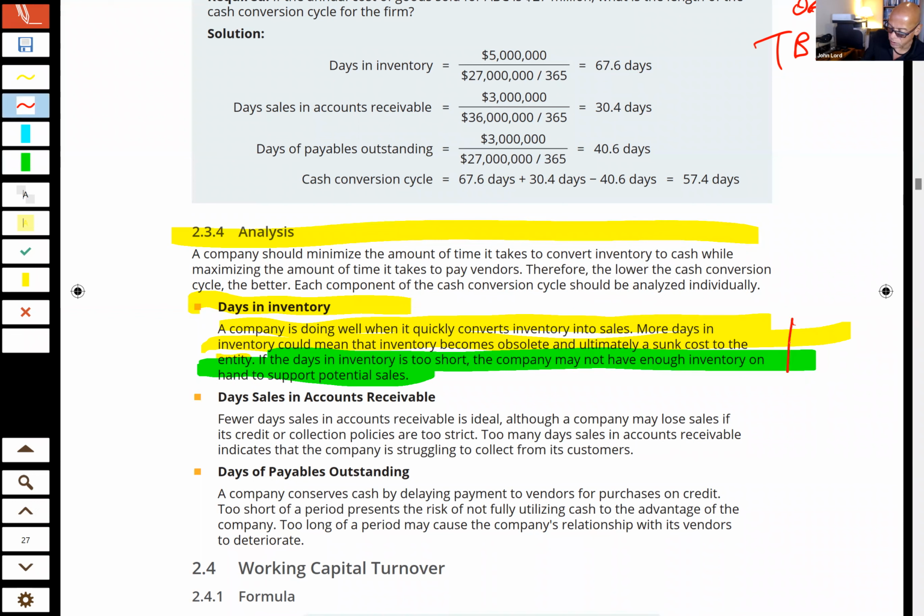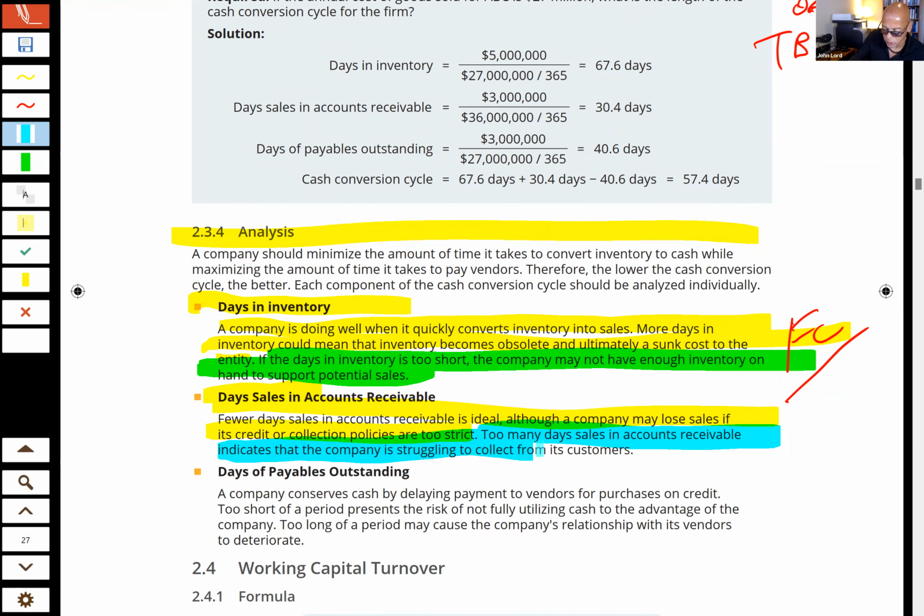Those are two different analyses, or two different conclusions, that one can come to by looking at the days in inventory. Days in accounts receivable. Fewer days in accounts receivable is ideal, although a company may lose sales if its credit terms are too strict. Maybe they're making folks pay too quickly, and they can give a little more time and still be okay. Too many days in accounts receivable indicates the company is struggling to collect from its customers. Okay, so flashcard, that has two different